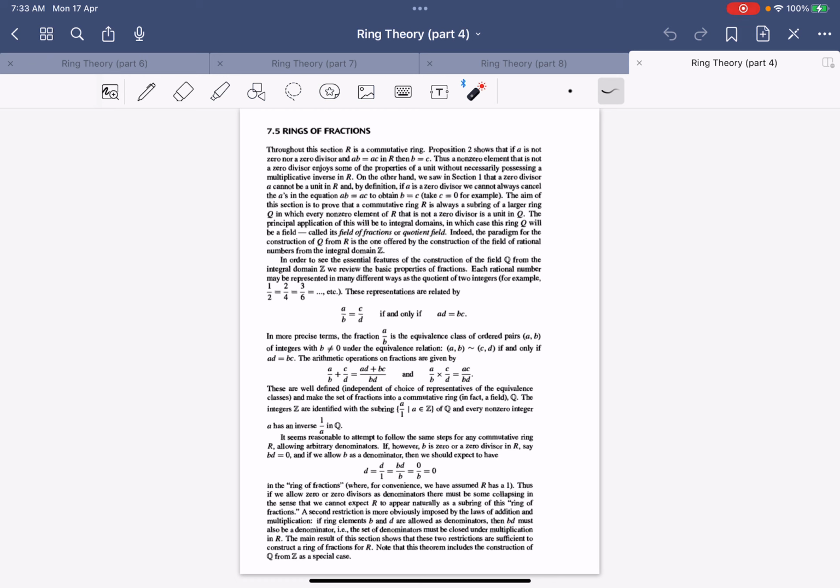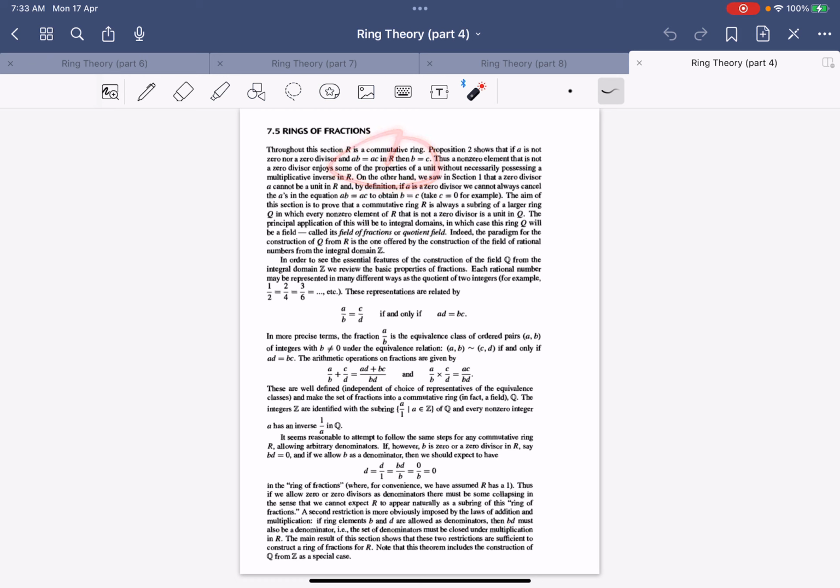And in this section we assume that the ring is commutative to avoid all the troublesome details. And we already see that if we know that A is not 0 or not a zero divisor,